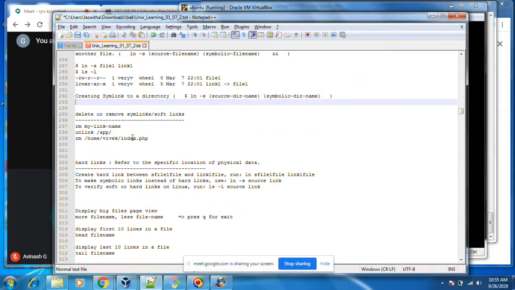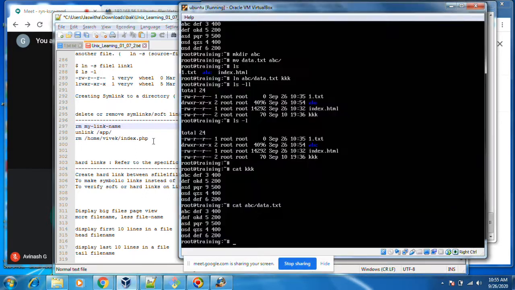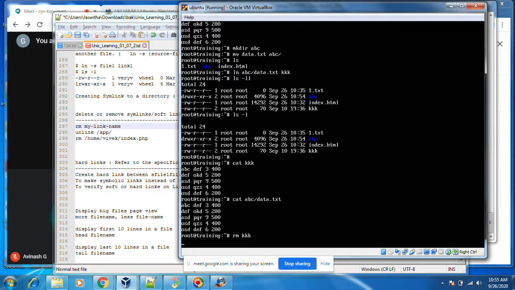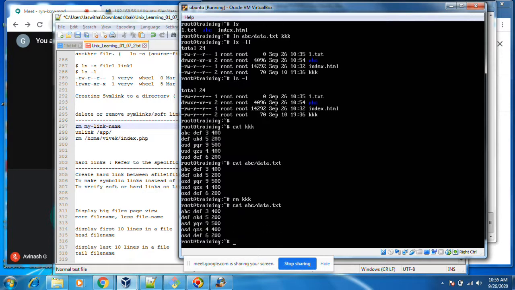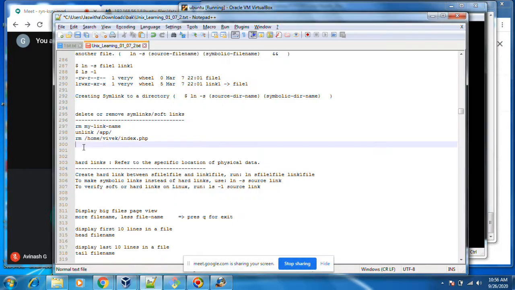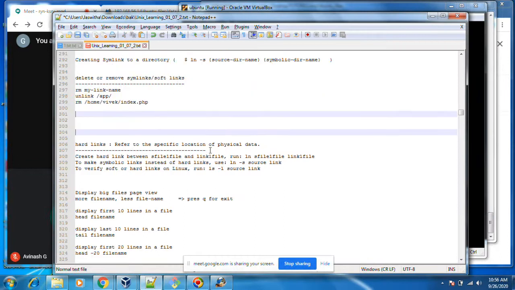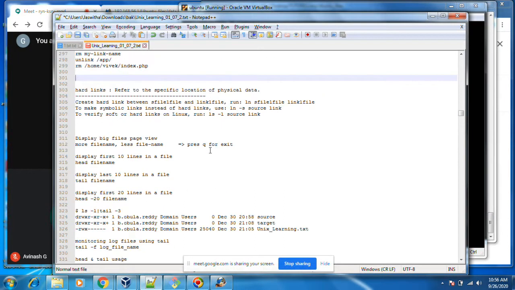To delete or remove the soft link or hard link, you just use rm, and it will remove that file. Remove the link file also, rm kkk, it will remove the link file, but the contents will still be there. Unlink will also do, but you can remove using rm only. Hard links are nothing but